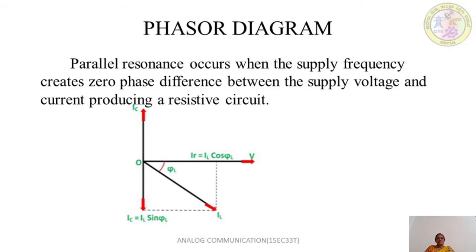The value of inductive reactance and capacitive reactance can be changed by changing the supply frequency. As the frequency increases, the impedance increases. That is, as the frequency increases, the value of impedance also varies. As a result, there is a decrease in the magnitude of the current. That is, as the impedance increases, the current decreases. Okay, here the current lags behind the voltage by some angle phi.